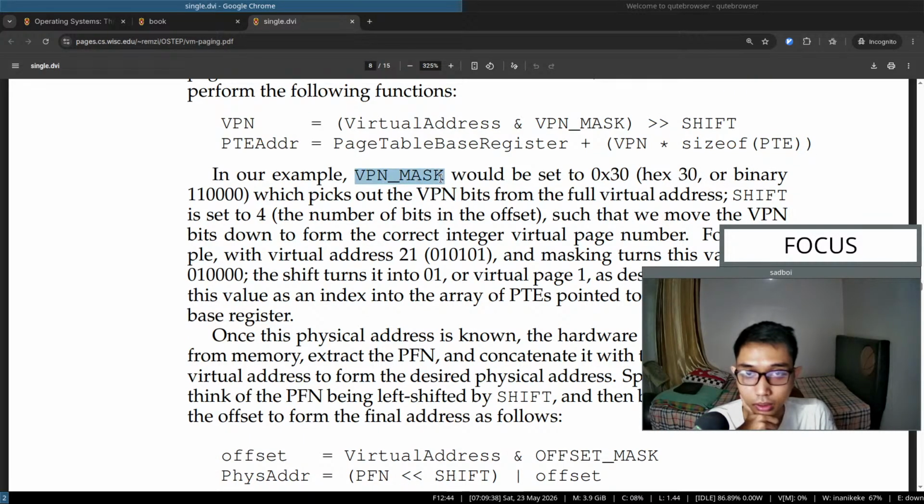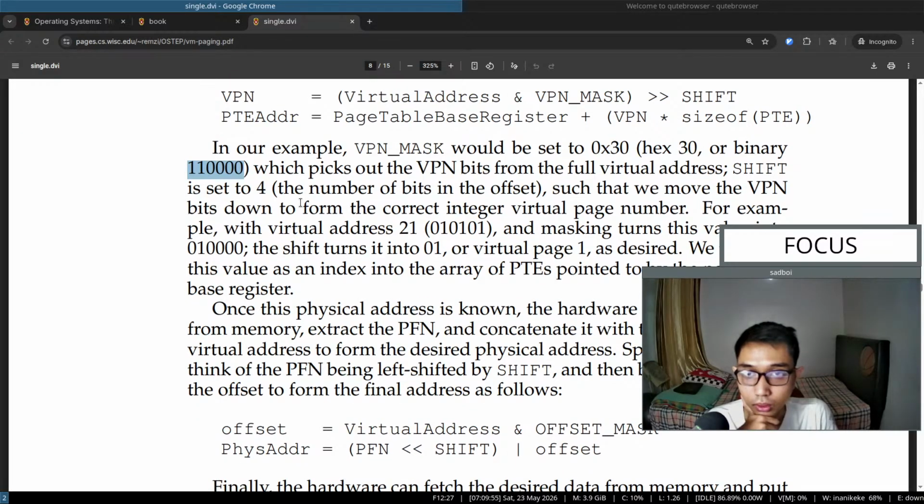In our example, VPN mask would be set to 0x30, the hex 30 here, or binary this one, which picks out the VPN, or the virtual page number bits, from the full virtual address. Shift is set to 4,